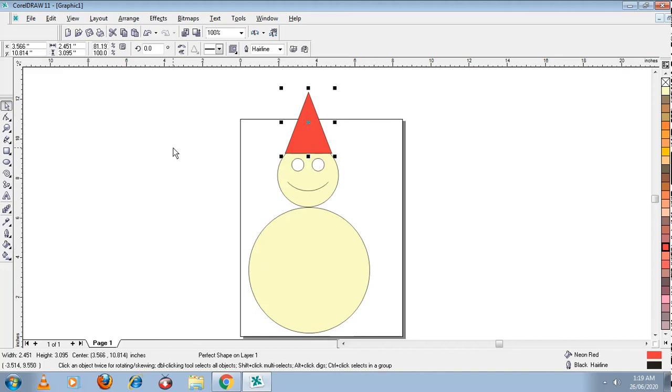How do I select? You may select with the arrow tool, the pick tool, and then with the pick tool select all. The shortcut key I'm telling you, the select all shortcut key is Control A. Control A is the shortcut key to select all the objects present on the page. Is it selected? Yes, it is selected now. Next, after creating the objects, you have to select all the objects which you have created and make a group of them.